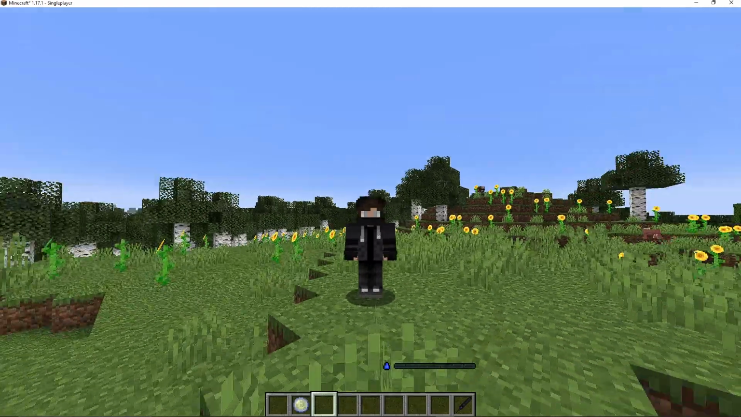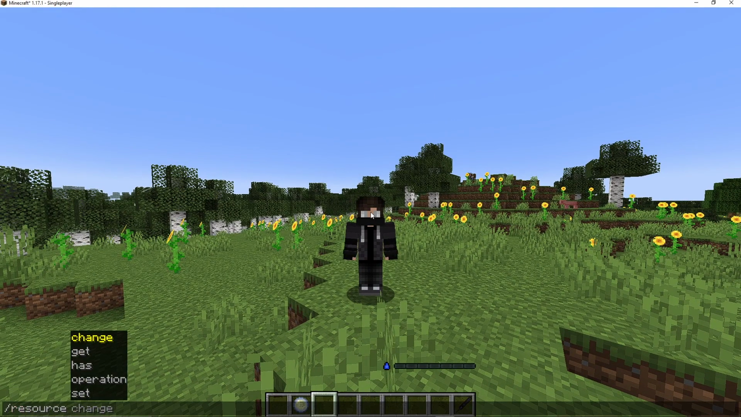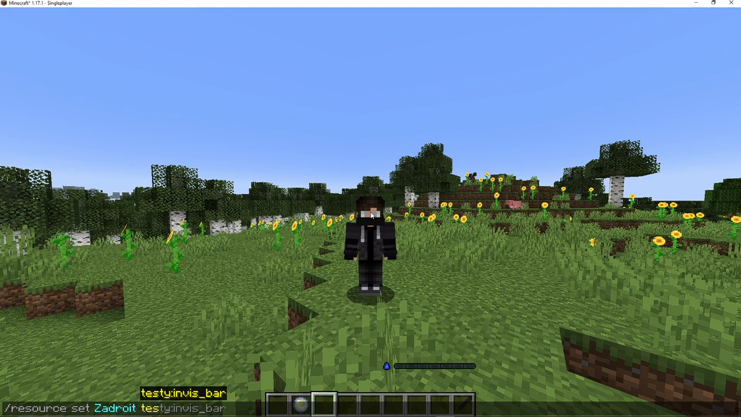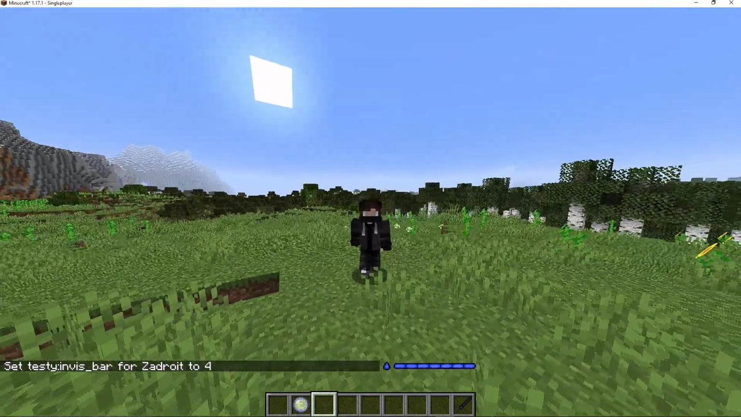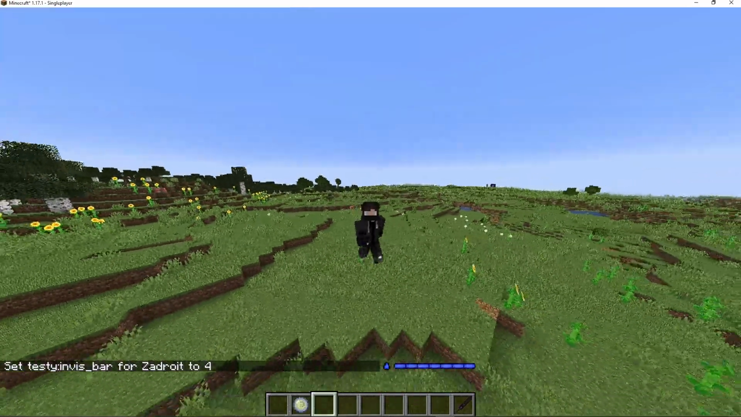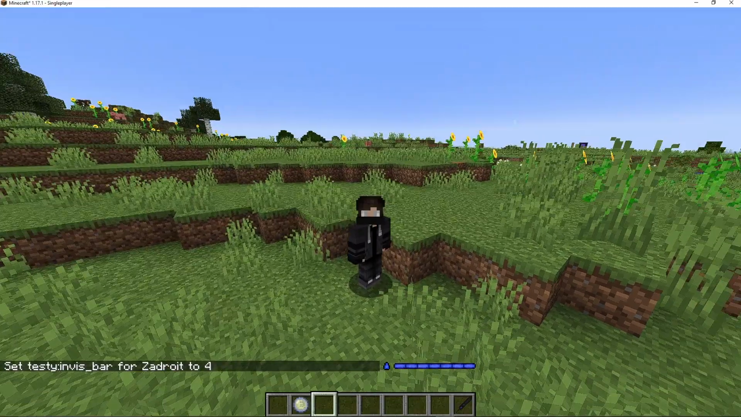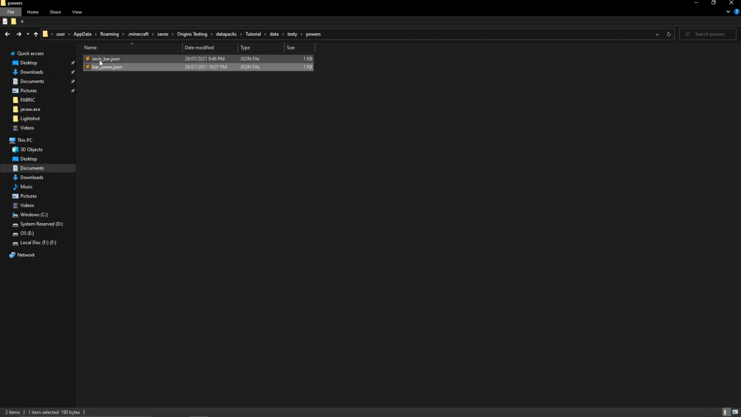There are two ways to change the resource. First, you could use the slash resource command, which is slash resource. I'll use set droid and then my resource, which is invisbar, and then add a value to it. So for example, 4. So it will add 4 to it, and because 4 is the maximum value, it is set to the max. Now the other way to use this is through an entity action, which is known as